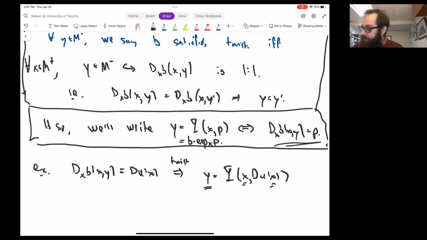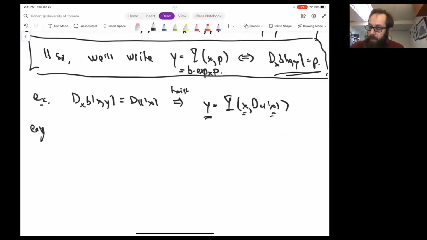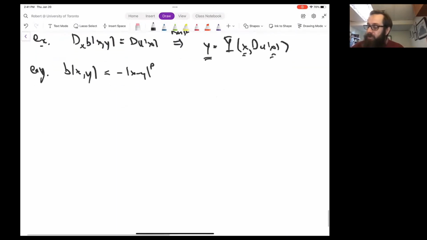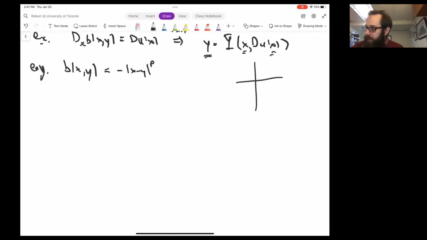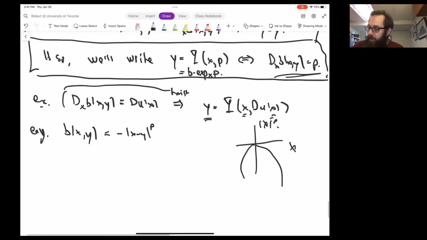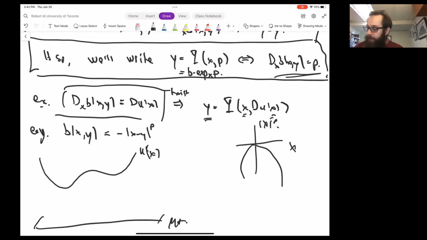And if I draw a picture, if I take B of x,y to be, so we were maximizing the benefit, but think about something like minus |x minus y| to the pth power, or any convex function of x minus y. If I draw this picture somehow upside down, if this is x and this is a graph of x to the p, then what this condition is telling me, so here, let me draw a picture of u. Here's a hypothetical u. Suppose this is my u of x that's provided to me by the Kantorovich dual problem, and this is my m plus. And now I have some x naught,